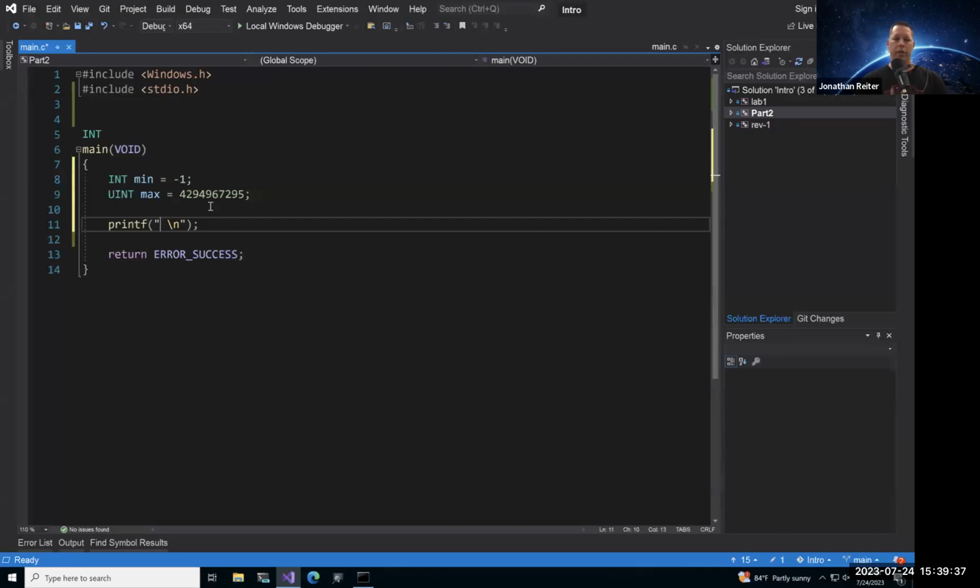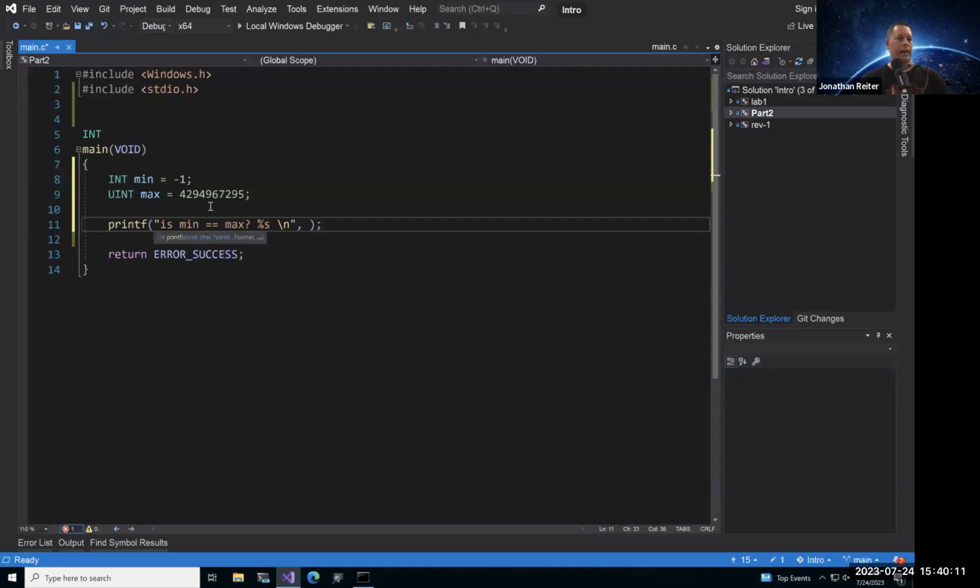So the first check is, is the min value equal to the max value? That's my little message right there. And you might be looking at it right now and saying there's no way. There's no way on this earth that those 2 values would ever equal each other. So I'm going to add in the %s because a string is coming.